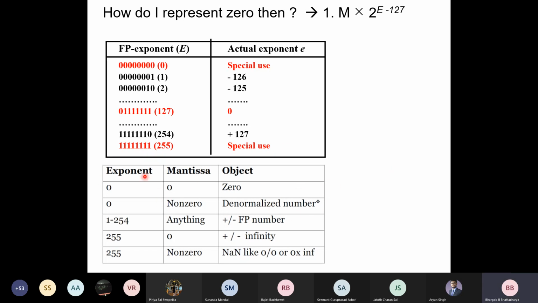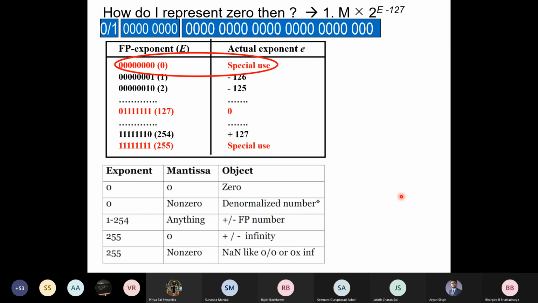And this we'll explain later, that if the exponent is 0 and the mantissa is non-zero, then we can use this representation to designate many other numbers, and these are called denormal numbers. So in order to represent 0, which is a special use: exponent is all 0, mantissa is all 0, sign could be 0 or 1. So you can represent plus 0 and minus 0 in floating point. Remember that, right? You can represent plus 0 or minus 0 depending on the sign.